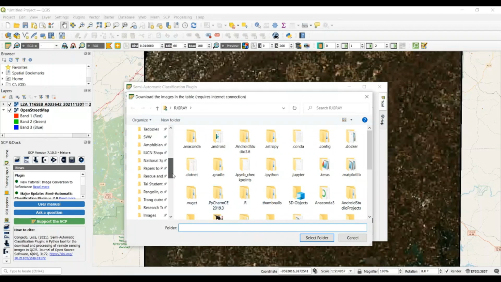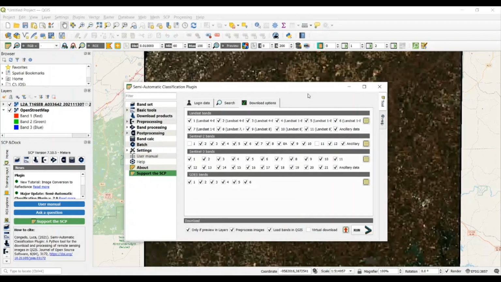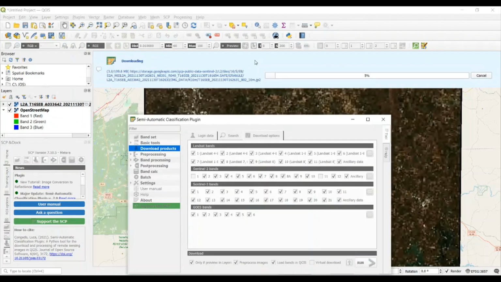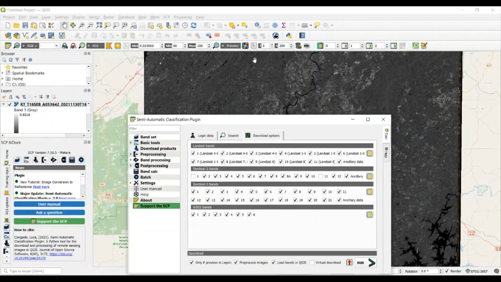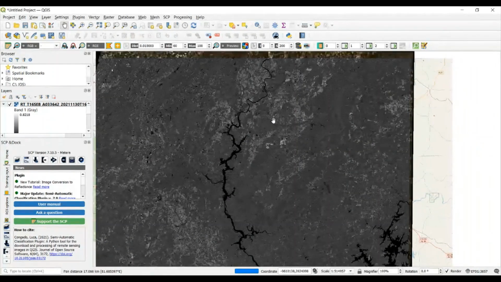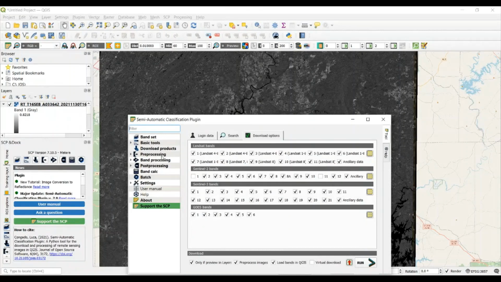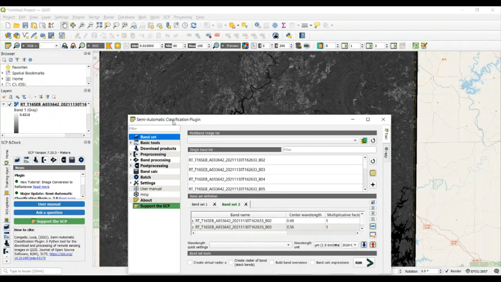So now you'll select an output folder. I've made this land cover folder just for this tutorial. And then the download will start. And you'll see the progress bar up on the top here. Okay, so now we have our Landsat data. So now we can pull out some of the Bandsets, and the way we do this is just go to our Bandset